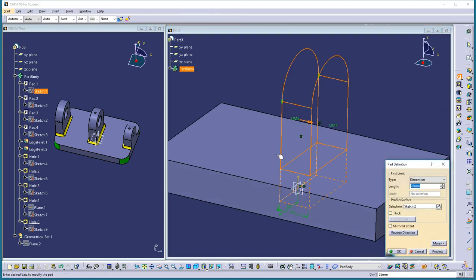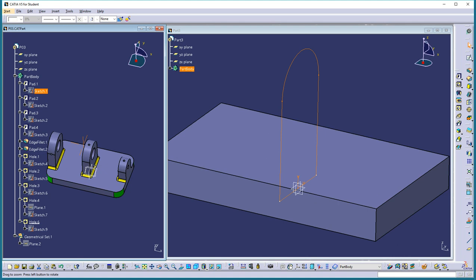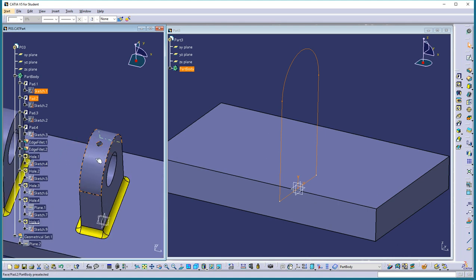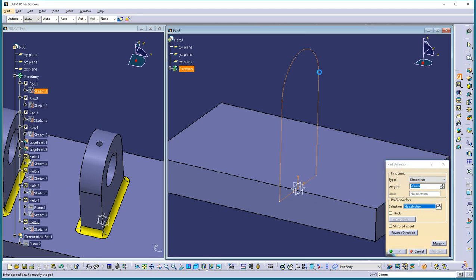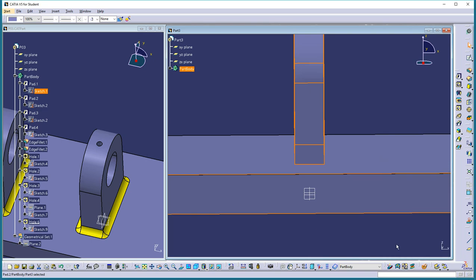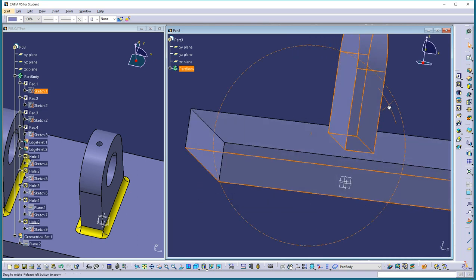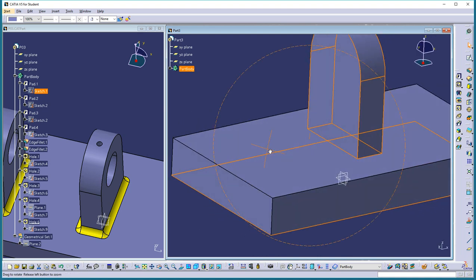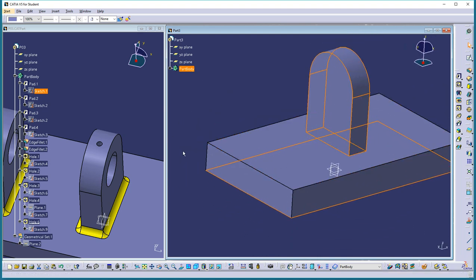Let's make a pad. We know that these are supposed to be 20 across, so when we're over here and we make our pad from this sketch, we're going to make it go 10, and then we're going to use the mirrored extent option. That will ensure that it's right down the center of our part. Okay. Now we need to make a copy of this over here. At this point in our career, we don't know the translating option, so we're going to